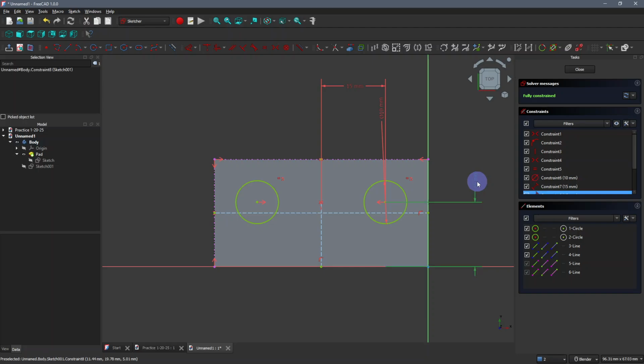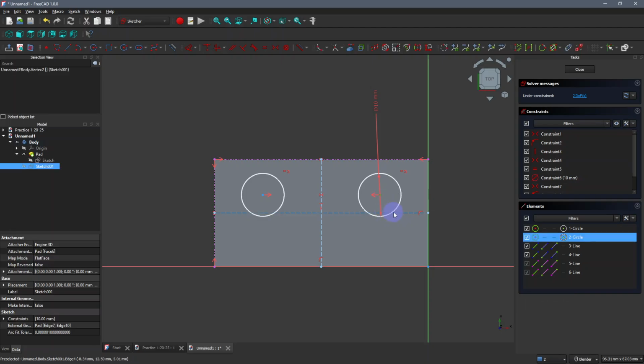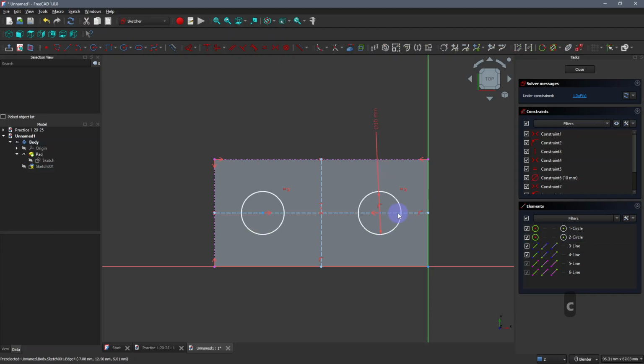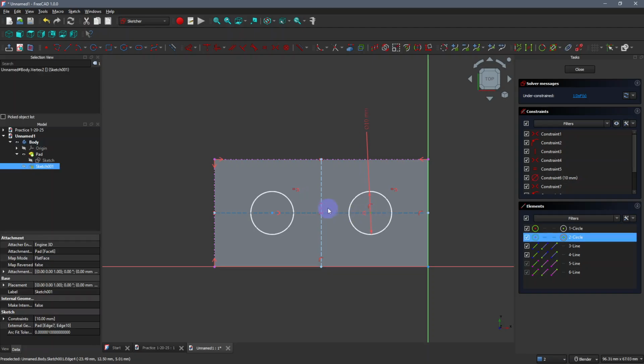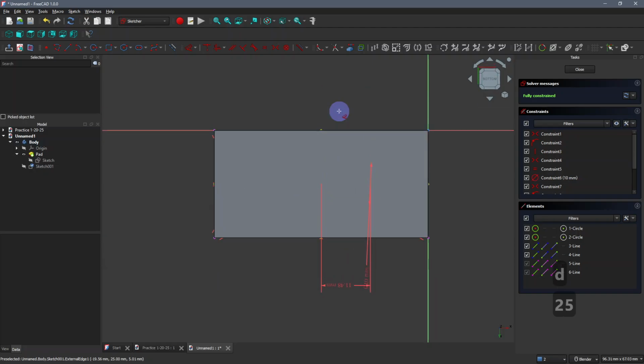And rather than having these constraints, which we can delete by clicking on them and clicking the delete key, now these are able to move again, we can simply set these constrained to this line. And now it's able to move either way this way. And we can set these constrained to be a certain distance from the center line. And we'll make it the 25, golly,